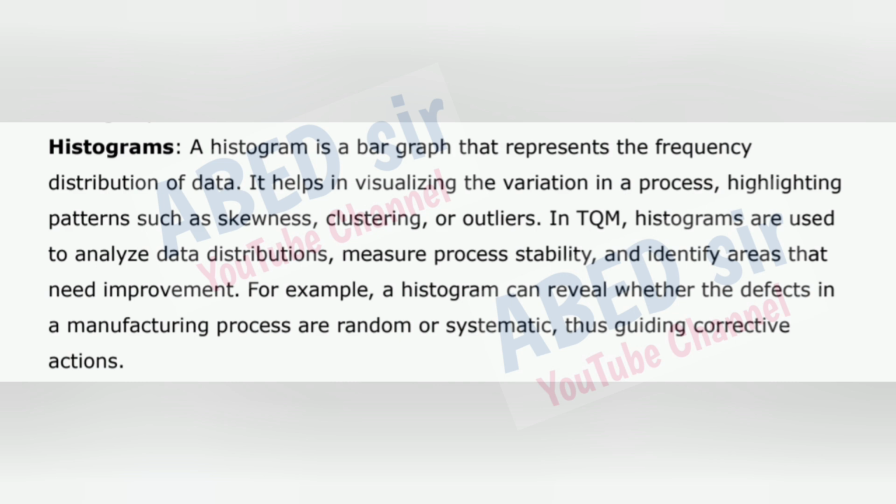It helps in visualizing the variation in a process, highlighting patterns such as skewness, clustering, or outliers. In TQM, histograms are used to analyze data distributions, measure process stability, and identify areas that need improvement. For example, a histogram can reveal whether the defects in a manufacturing process are random or systematic, thus guiding corrective